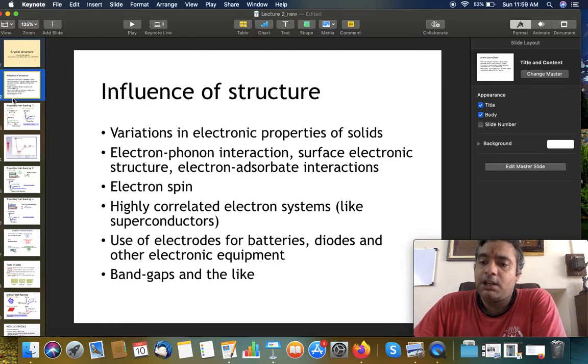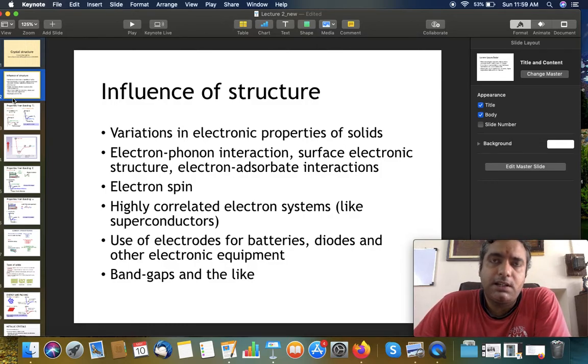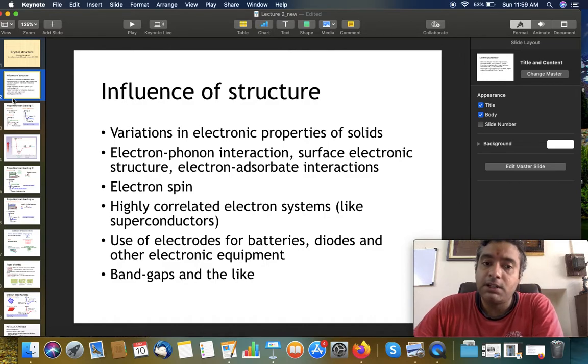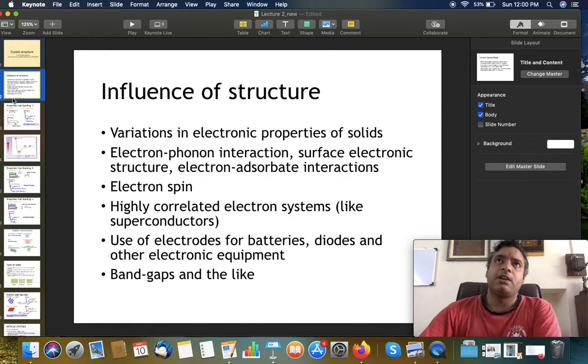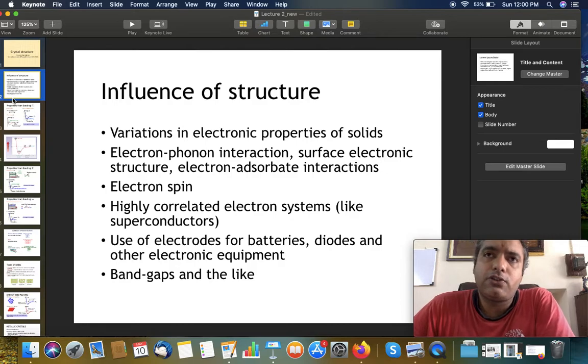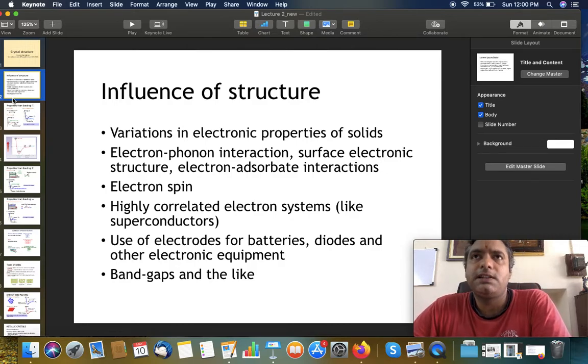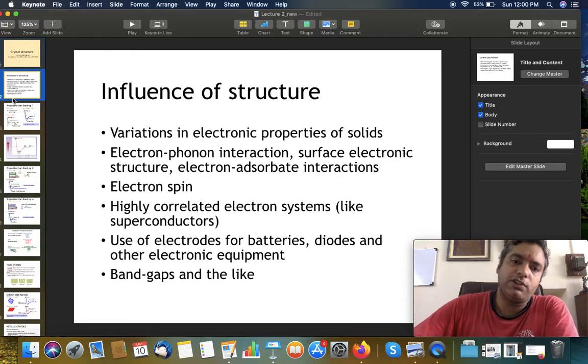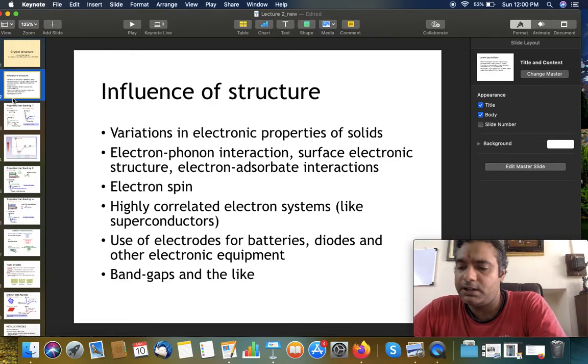If we are studying more advanced structures like Bose-Einstein condensates, highly correlated systems like Thouless energy become extremely important, or even in certain kinds of superconductors. And why are these things important? Because the electronic structure of these materials plays a vital role in modern day applications like batteries and